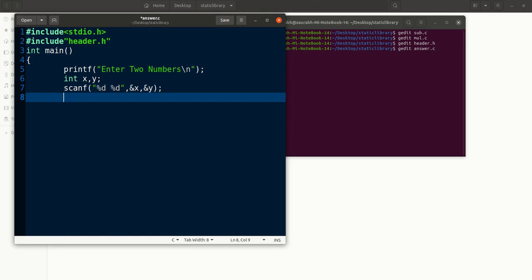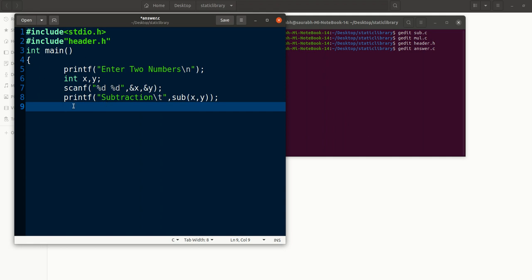Okay, so now we will print out the answer. printf, subtraction \t, we have subtraction, right? The name of the function is sub, and then we will pass the actual parameters.